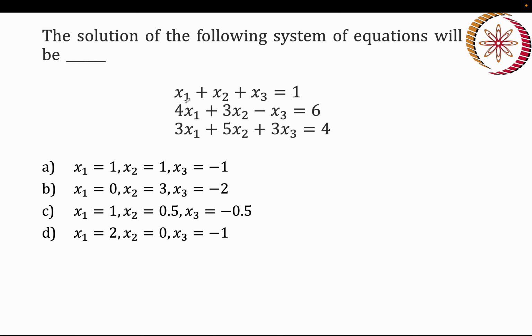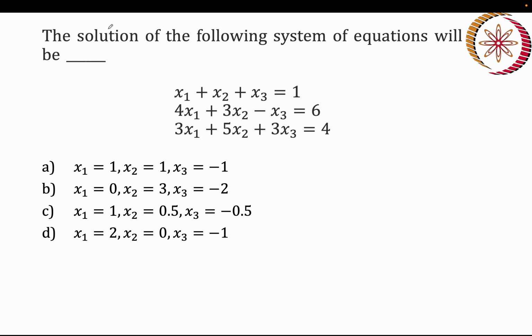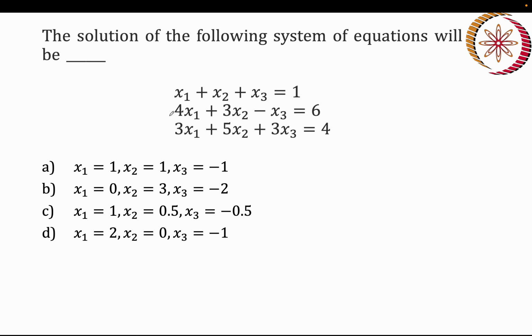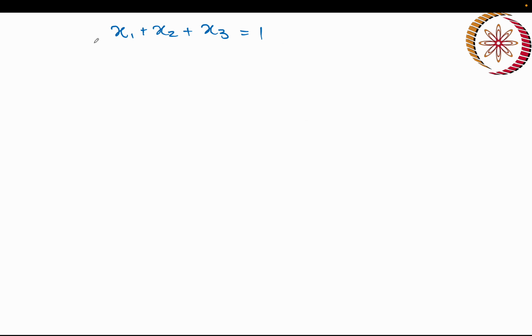It is given that we have three linear equations, and we can use whatever method we like, say the Gauss elimination method, to find the roots. The equations that we have are x1 plus x2 plus x3 is equal to 1, then 4x1 plus 3x2 minus x3 is equal to 6,